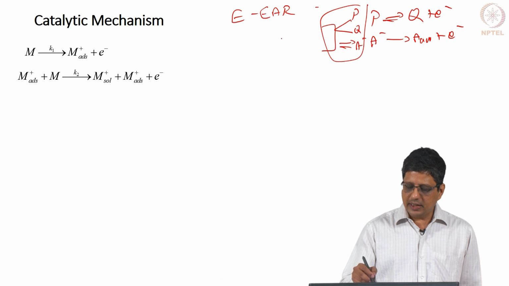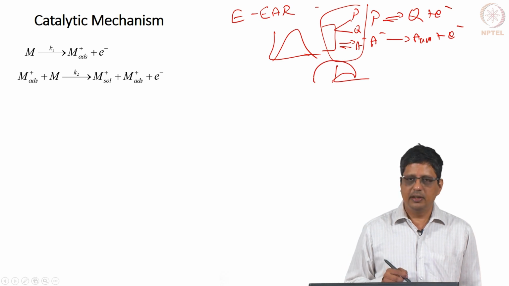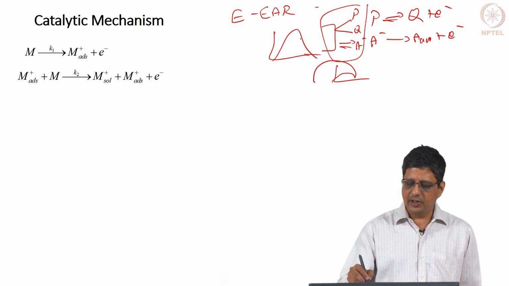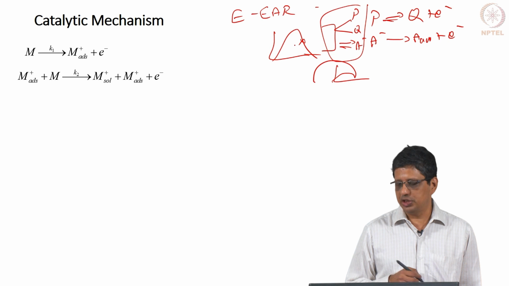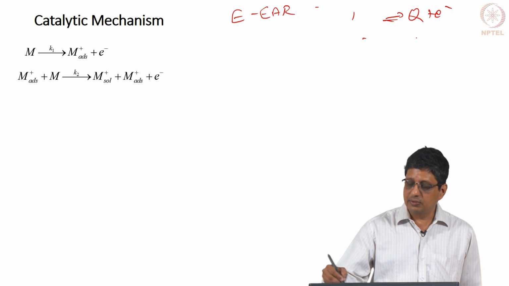We have seen that, and in that case we saw that current can increase and decrease, and therefore it can give rise to impedance like this if you are taking this DC potential. Now, I want to show you a mechanism called the catalytic mechanism, where you can get similar negative resistance values.